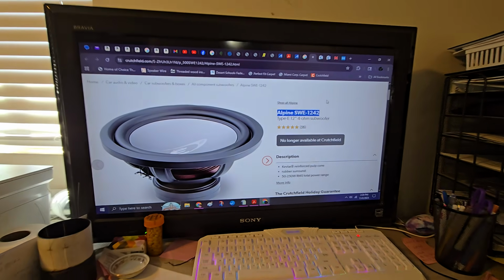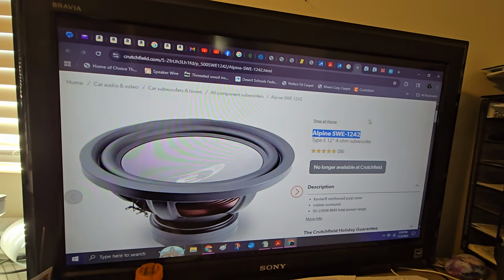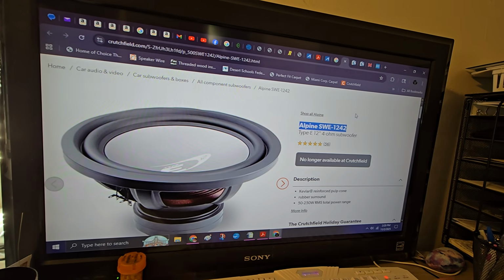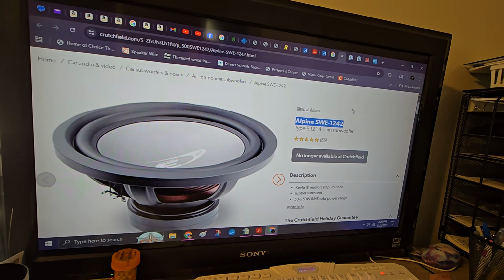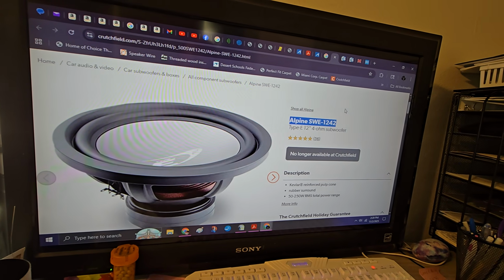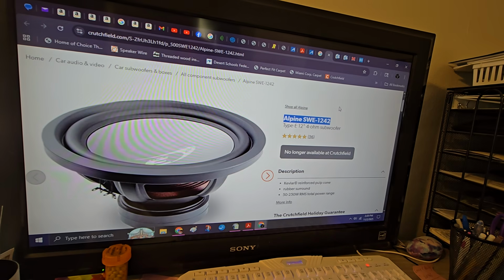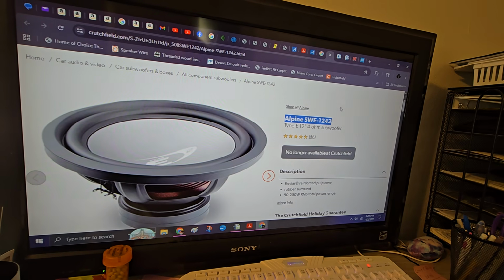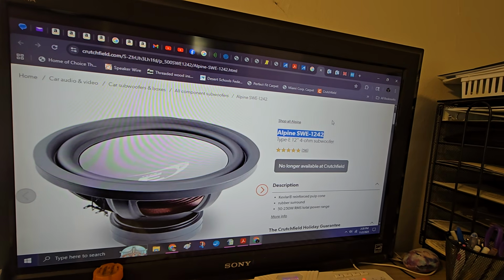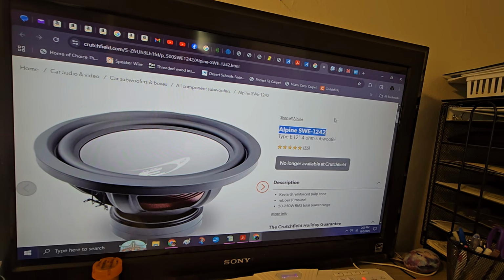All right, so I got a pair of Alpine Type E's in, and I thought I knew the product, but I didn't. I've never been a real fan of Alpine woofers in the past, well, ever. Now that I think about it, some of the 2-inch ones, the Type R, when they use the